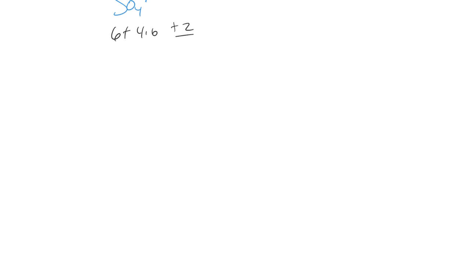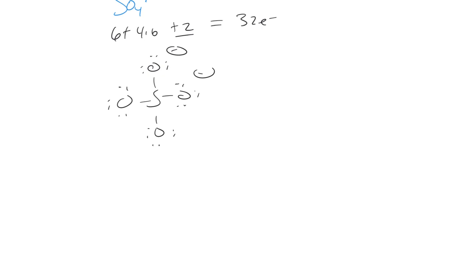So 6 plus 2 for the negative charge gives us a total of 32 valence electrons, so essentially sulfur and 4 oxygens. The O's. All the way around the O's, a 2 plus formal charge on sulfur, and so for formal charge,